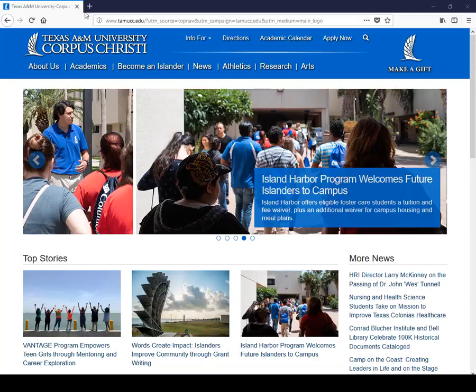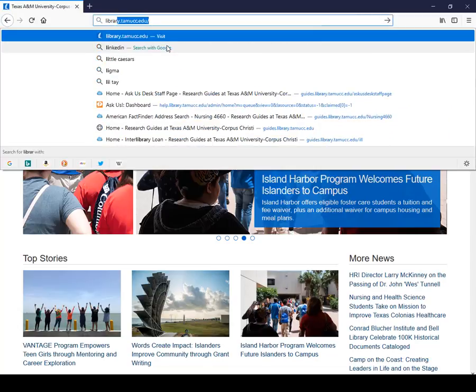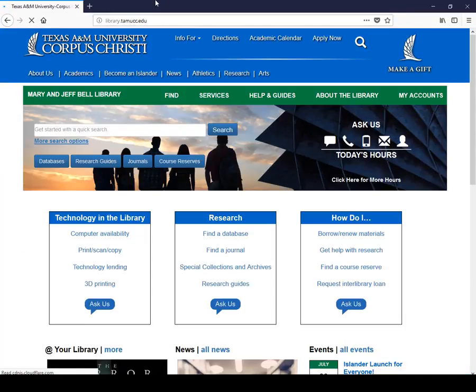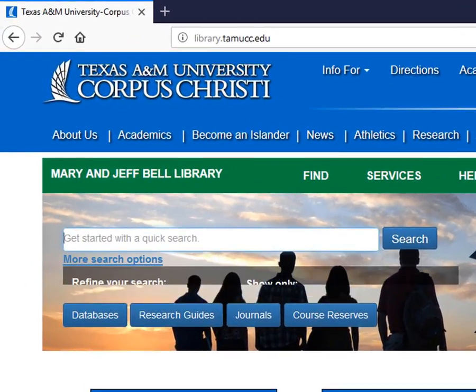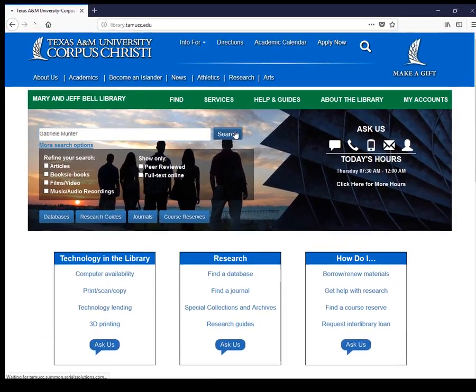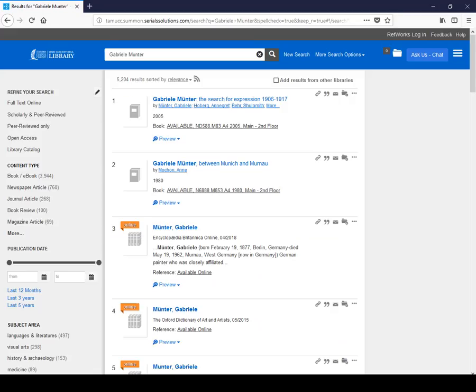To start, we'll go to the library's homepage at library.tamucc.edu. From here, we'll just enter our search terms into the quick search box and hit search. Right now, all we're seeing are things that you can get from the library. If we want to expand our search to things the library doesn't have, we'll click this checkbox next to Add